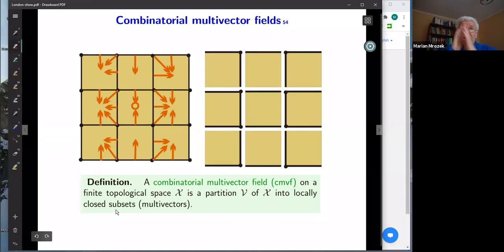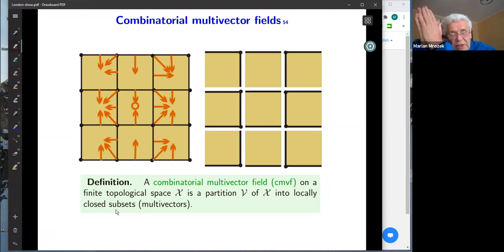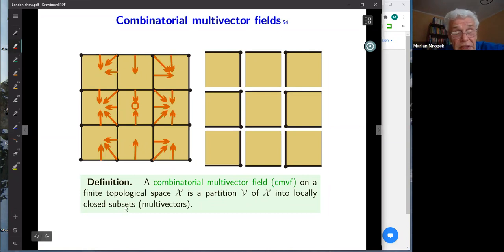I said that locally closed means the same when you use, for a finite topological space, when you use via Alexandrov this poset structure, it means that it must be convex. Convex, it means, for instance, that